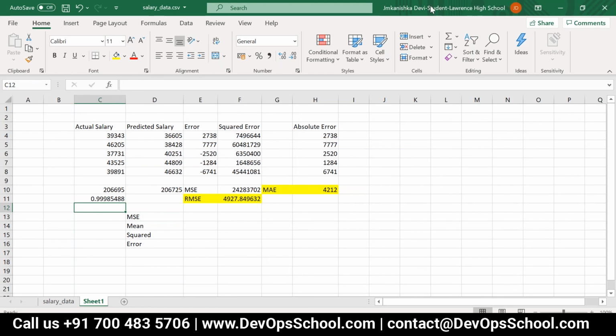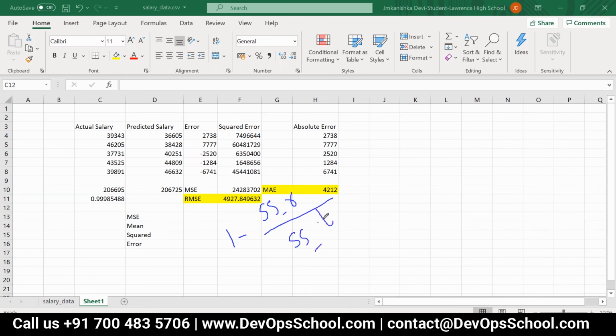So where are the drawing tools? Yeah, so the formula is something like this: 1 minus SS_R divided by SS_T.